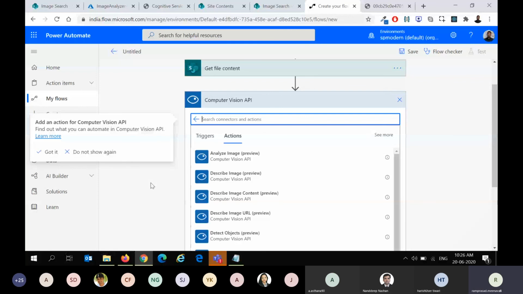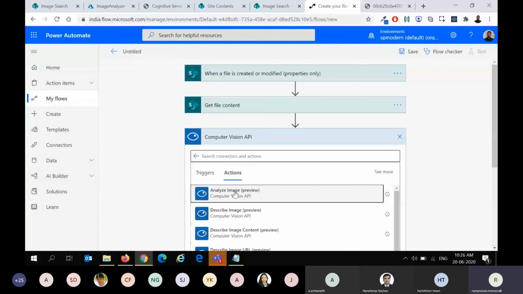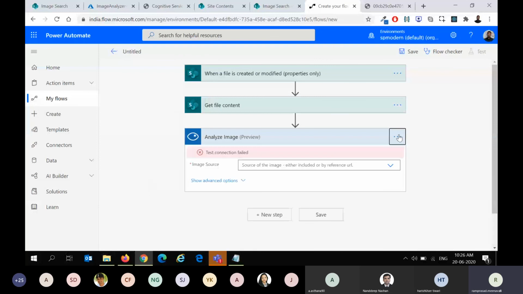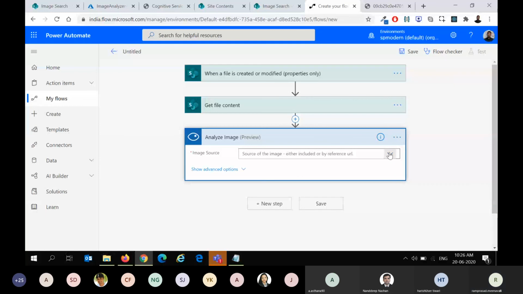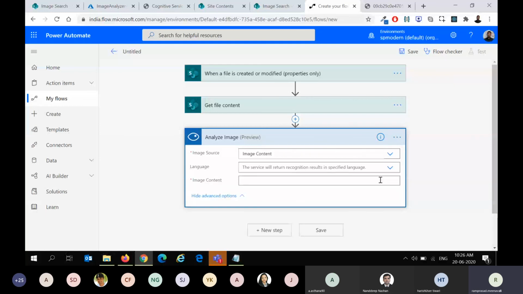So what does it expect here? It'll look for a connection. You can create a connection for this, and we'll try to pass the image content. The reason why I'll not use this action is, if you see here, we are not really provided with an option to select the different visual features we want.